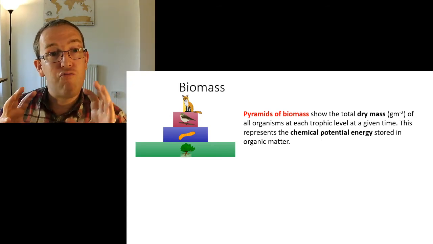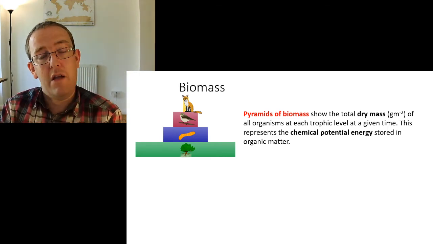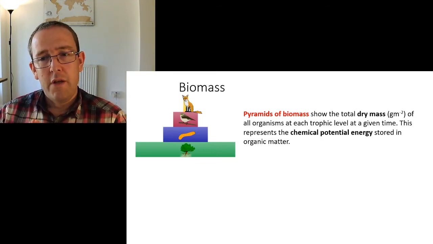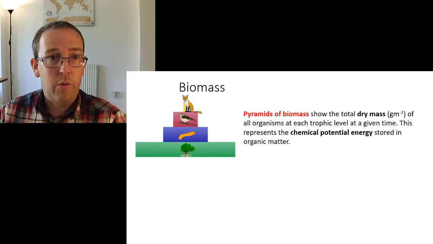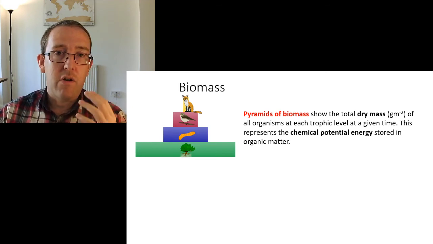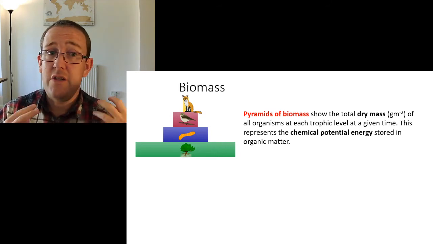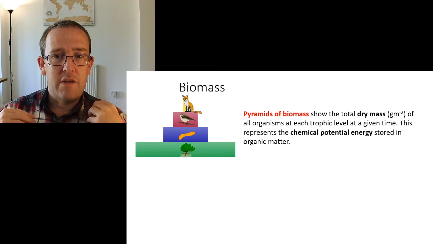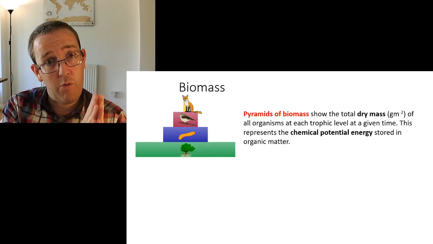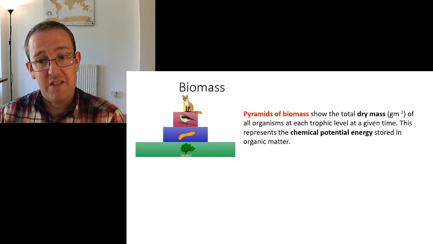Now, the reason we use dry mass, to basically exclude water, is that water has a mass, but it has no energy value to it. Okay, you don't get any calories from drinking water. So let's say you were a whale going around the sea and you ate however many kilos of jellyfish, you're not going to get much energy out of those compared to a kilo of shrimp or krill, because the jellyfish is predominantly water. Okay, so there's very little chemical potential energy in there. So the chemical potential energy within the biomass, that's what we're interested in when we're talking about productivity and building a pyramid of biomass.